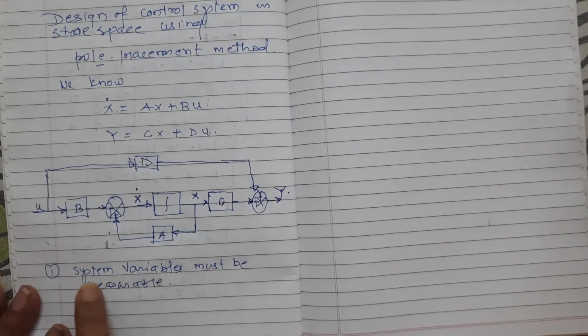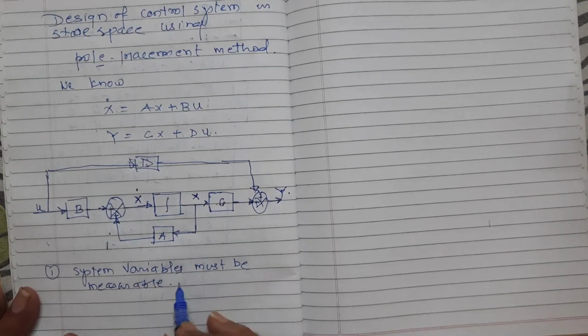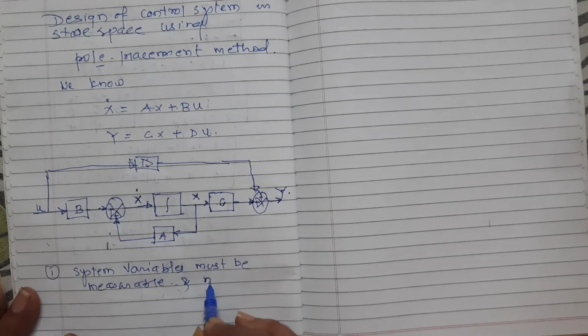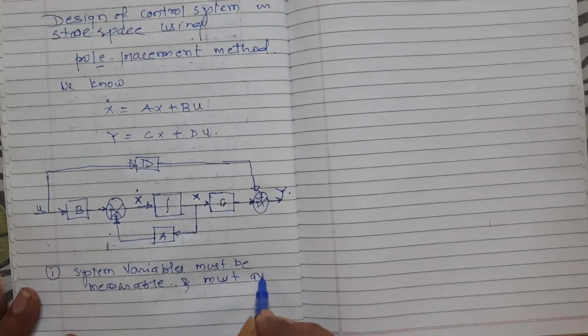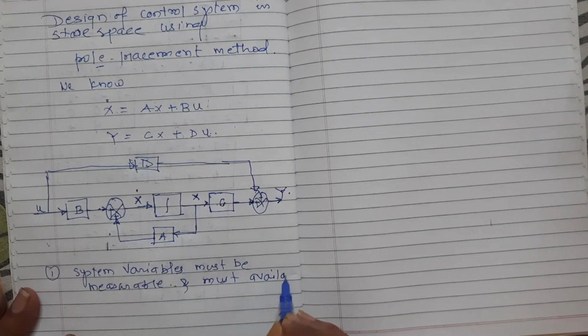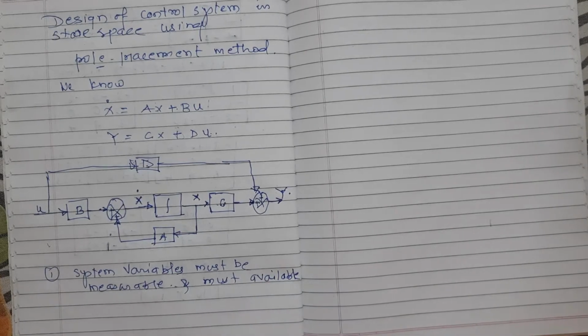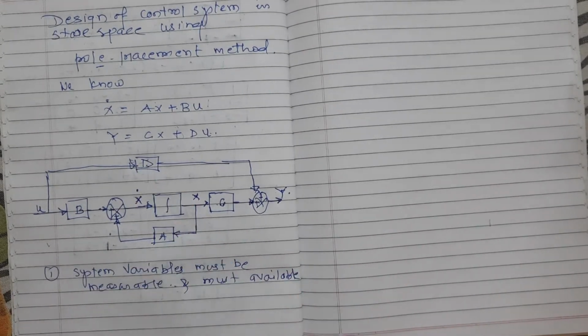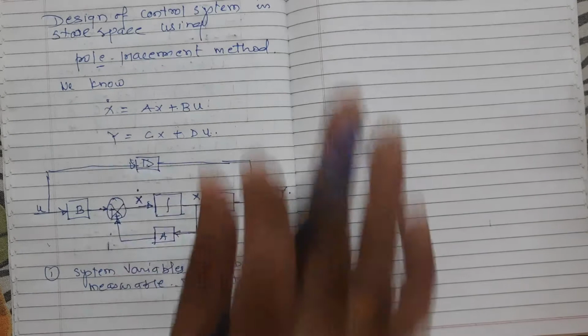that means they are measurable and must be available. Okay, so we can design this system using the pole placement,